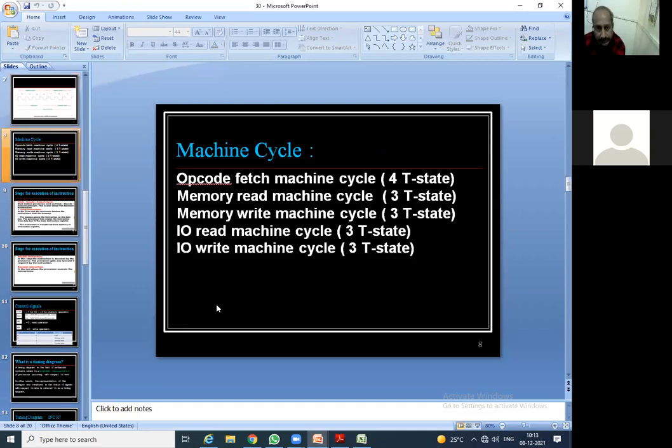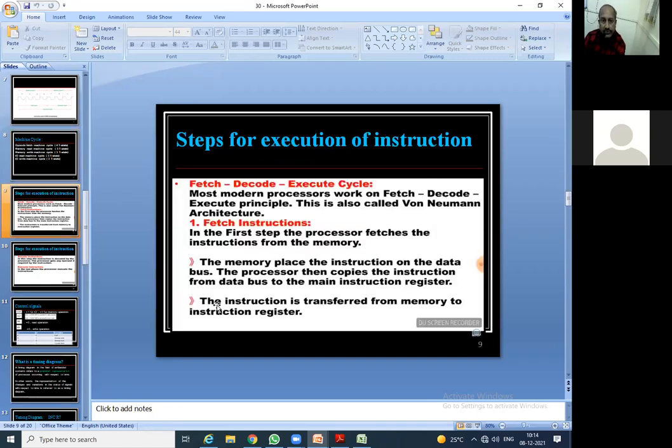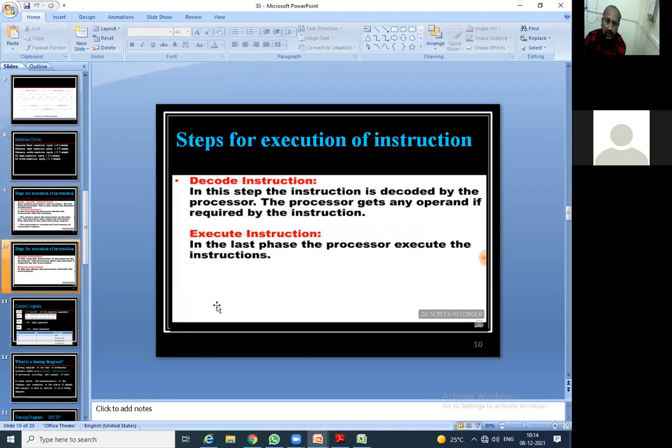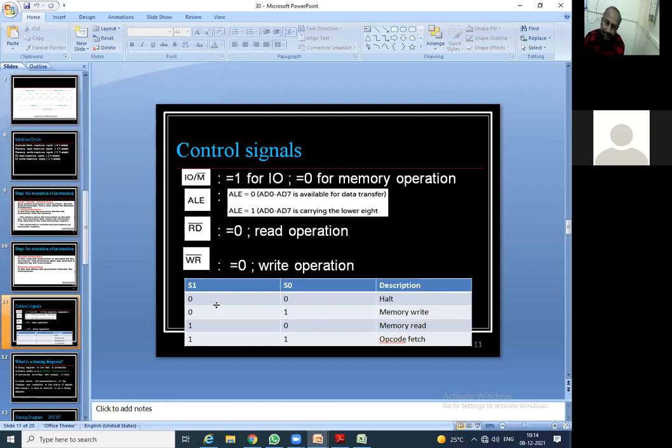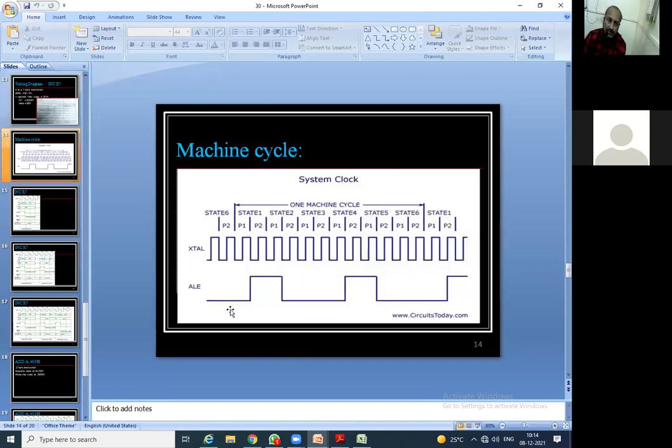How much is the capacity, or how many bytes are required? Which operation is done internally during the instruction, that is fetch, decode, and execute. What is fetching, what is decoding, and what is executing? That also we have gone through. Which control signals are used during the I/O operation or the memory operation? There are two types of these operations. Which pin goes high, which pin goes low, in which T state it will be on, which will be off. That also we have seen in the last session through this timing diagram.